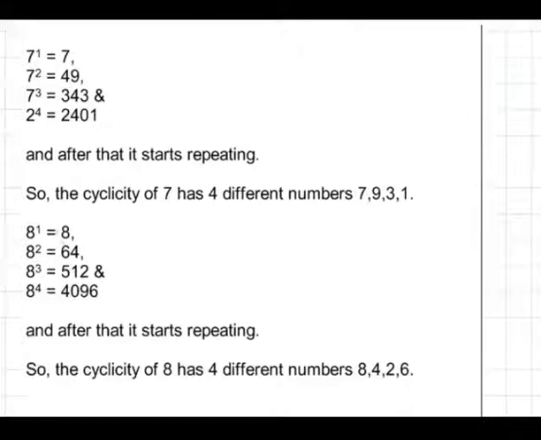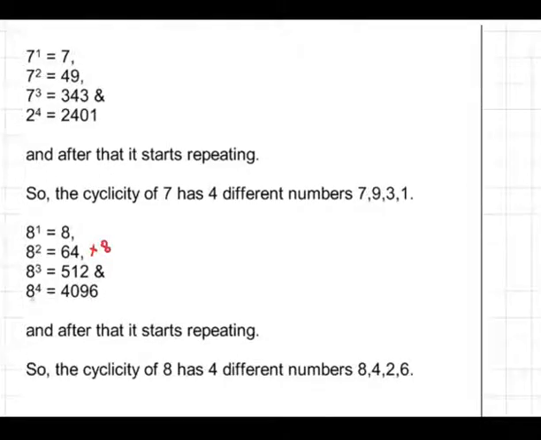The same condition holds for 8. It's going to be 8, 4, 2, 6. Then again it's going to start with 8. For all these 4 numbers, you just have to consider only the last digit. Like 8 power 1 is 8. You don't have to work out that 8 power 2 is 64. You can just multiply 8 into the next 8, and when you multiply, the last digit is going to be 4. When you go for 8 power 3, as we are interested only in the last digit, you don't have to multiply the entire thing. You can just take the units digit of the previous one, that is 4, and multiply it by 8 to get the next one. So 4 into 8 is 32, and 2 is going to be the last digit.